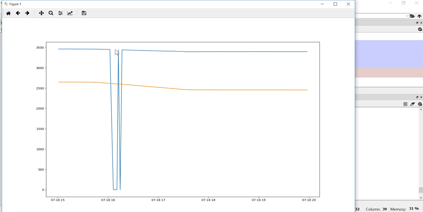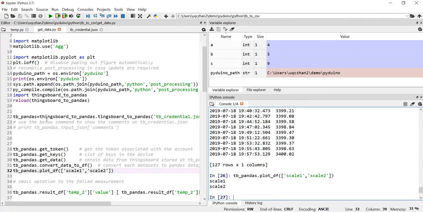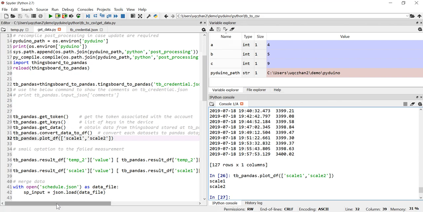So before we start off making the large panel data, we first need to filter all the data that we don't want. For example, here we've already identified that scale 1 here has got a few 0 points, and the way of removing them is to use the mechanism underneath that we produced. So let's say